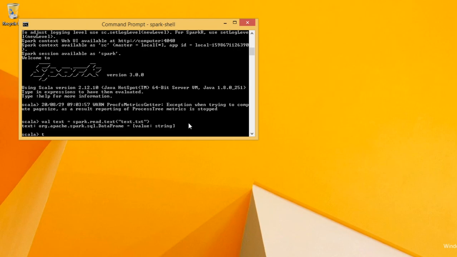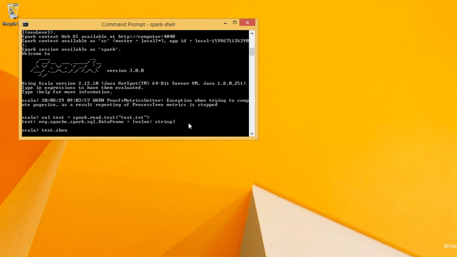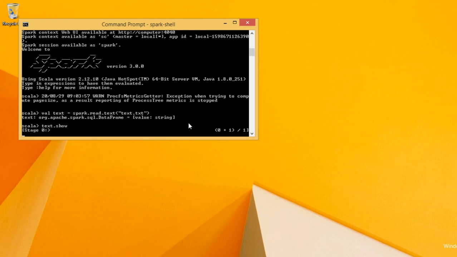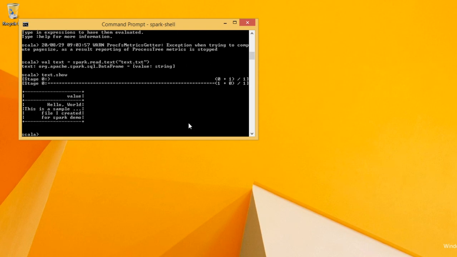So let's see what we have here. text.show. So it is loading, and it showed the data. It's one column, just the value, and each line of that text file is a row in this data.